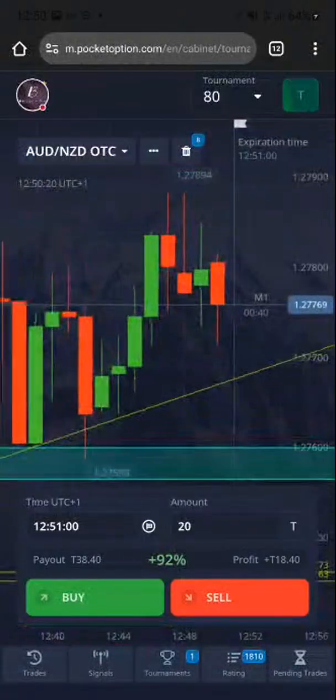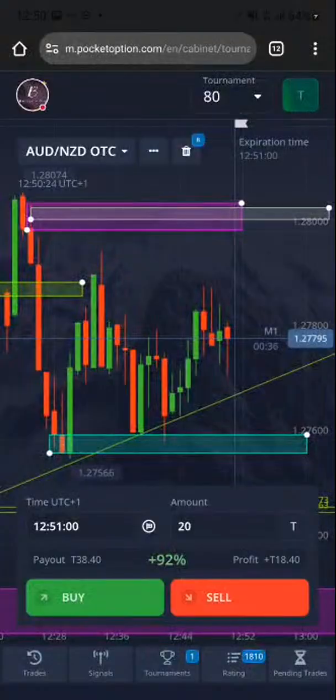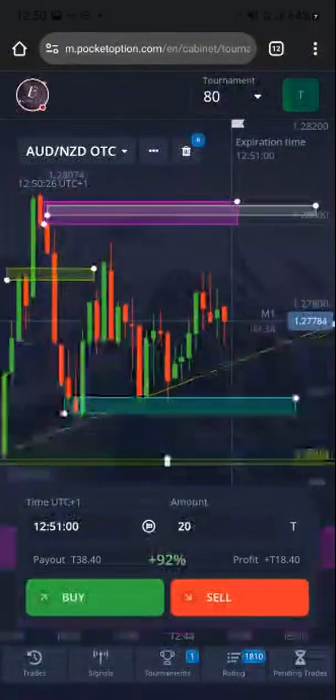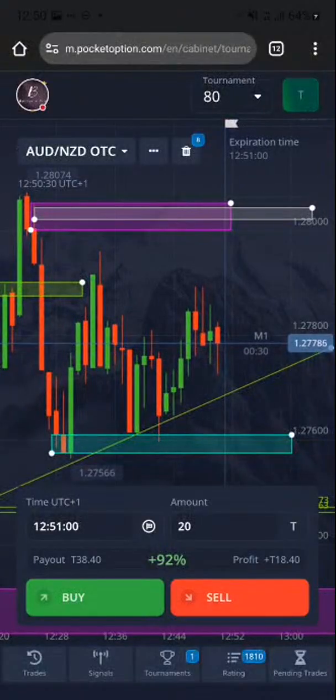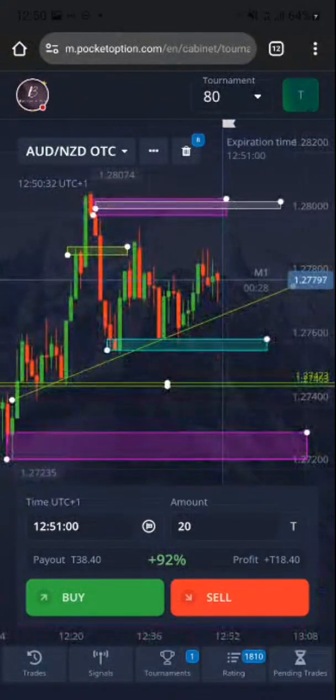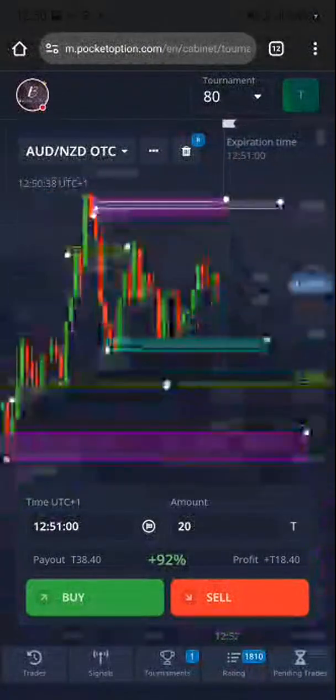You understand? But you can see now we're making lower highs every time we go up. So that tells you that the sellers are beginning to show themselves. Another thing that may happen is that we may have a very strong push to the downside. It's very possible that that happens. Yesterday,